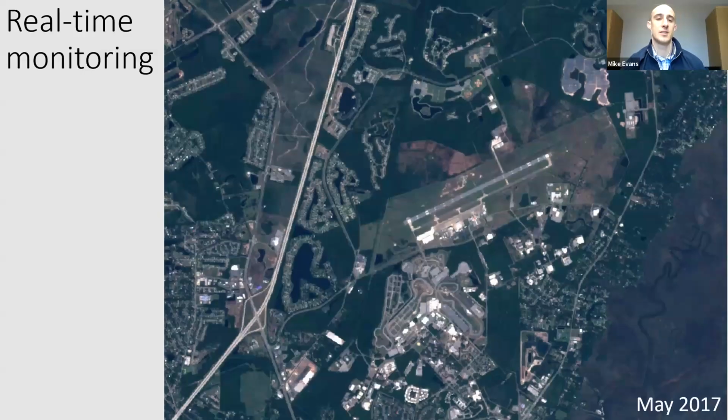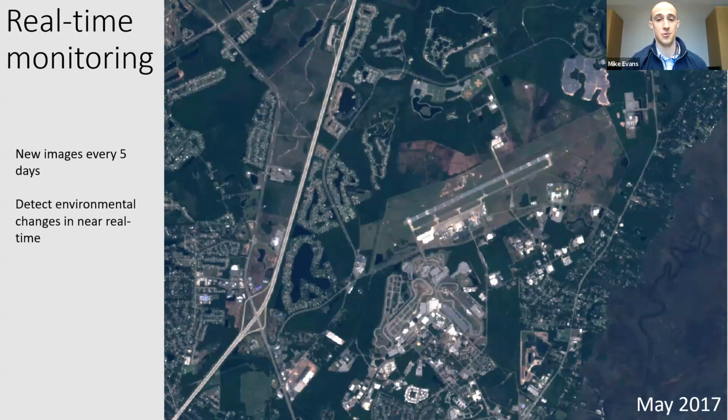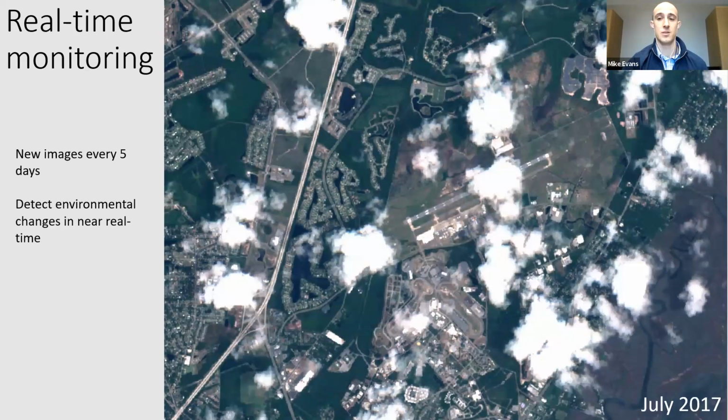And we have also been exploring, as I mentioned, really pushing the cutting edge of marrying AI and remote sensing data to implement real-time monitoring. So instead of needing to wait potentially several years for new imagery to come out and new maps of land cover to be created, there are systems of satellites collecting images of the Earth every 5 days. And so if we have a system for change detection that we're confident in, we can take a picture from 5 days ago and compare it to the most recent picture, such as what you're seeing here,